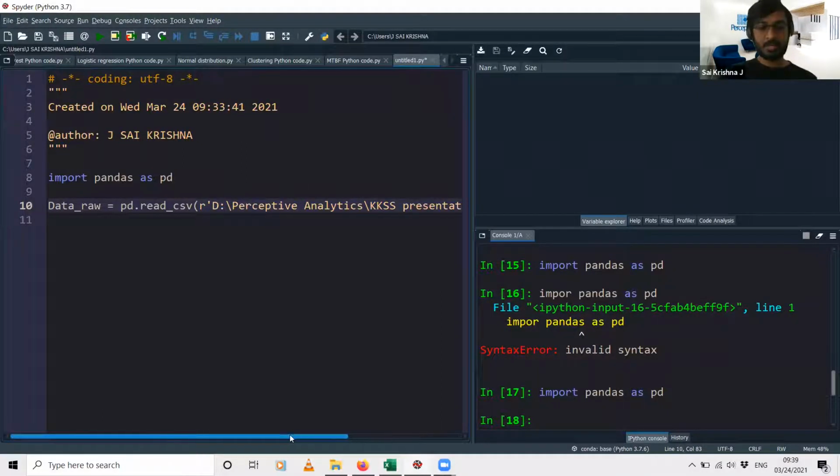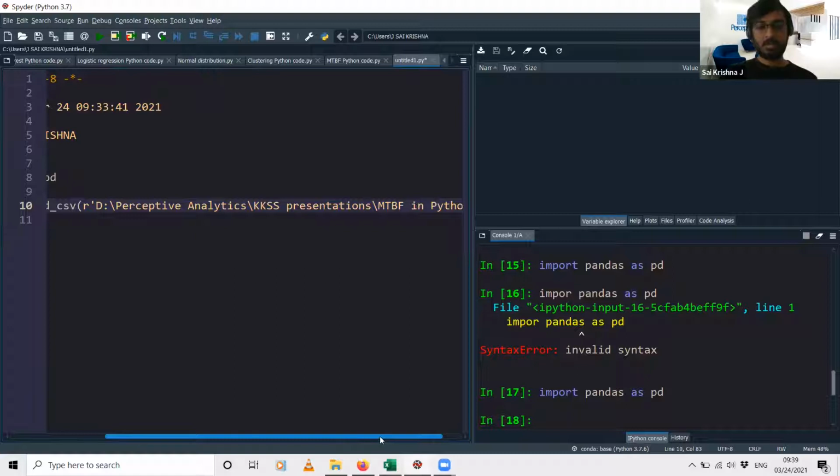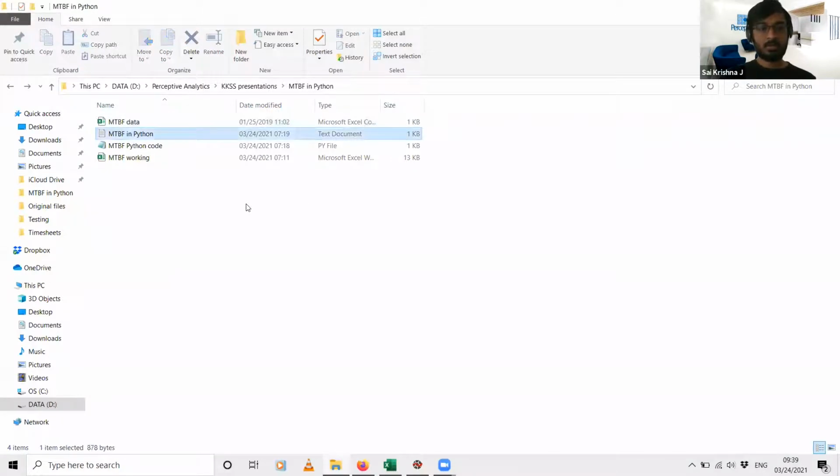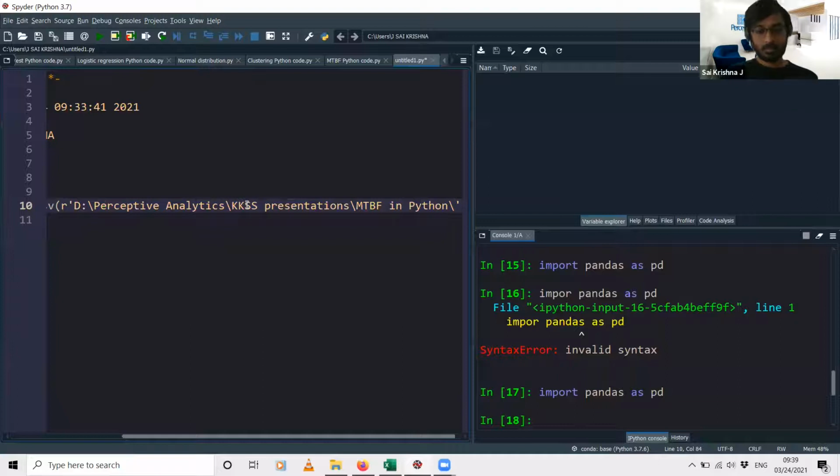At the end of the directory, I give one more slash and put the name of the file, mtbf-data.csv, and then you close the parenthesis.